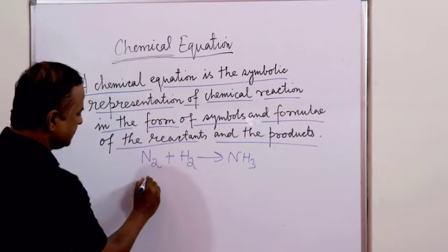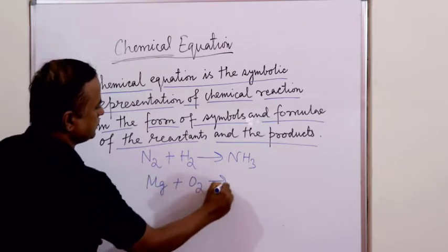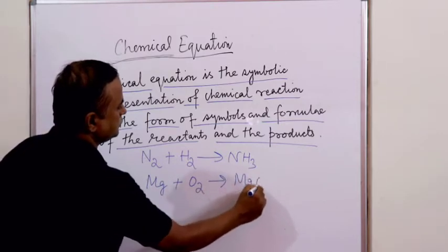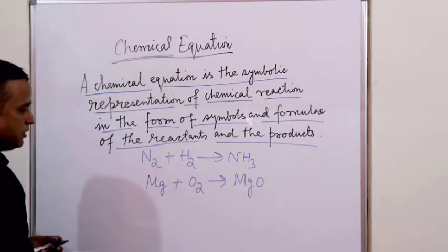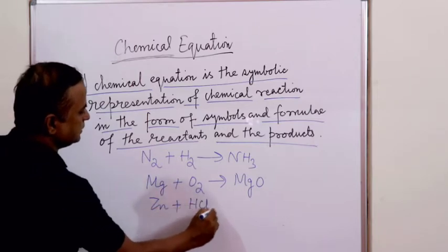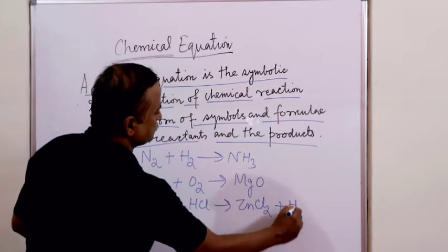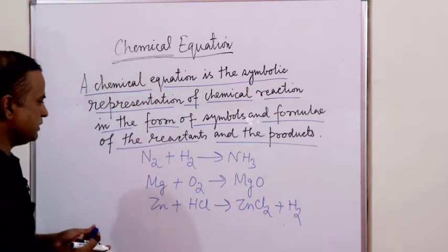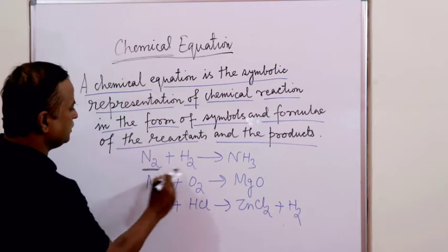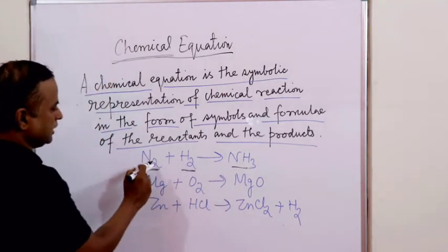Suppose if we write Mg plus O2 giving MgO. So this is also a chemical equation. Suppose Zn plus HCl giving ZnCl2 plus H2. So here you can see we are using the symbol or the formula, like for nitrogen N2,